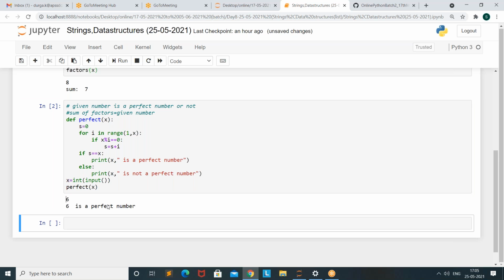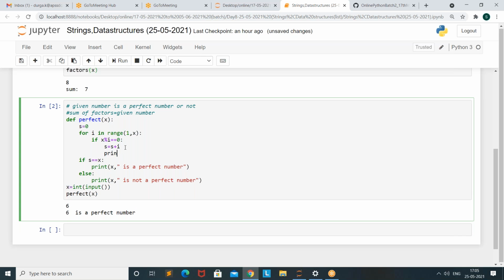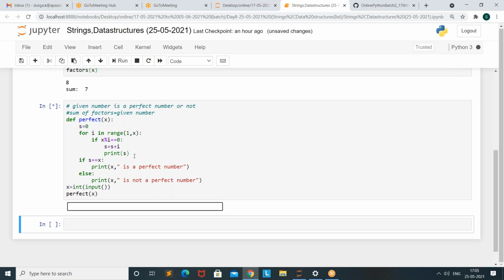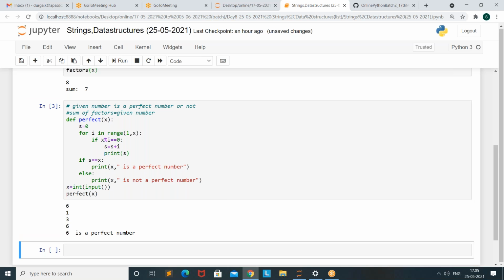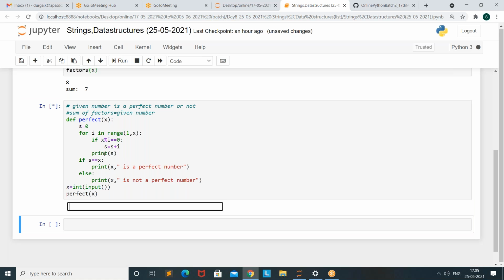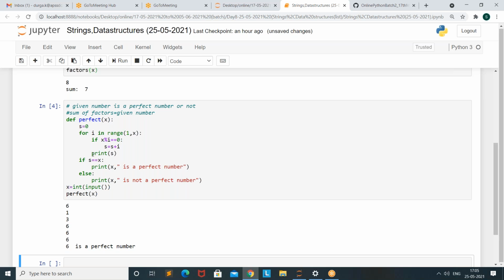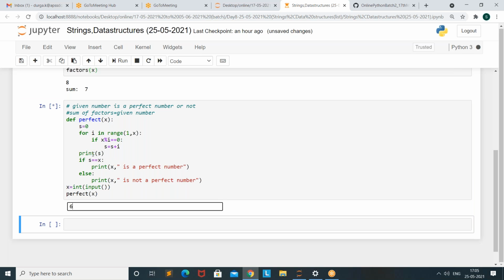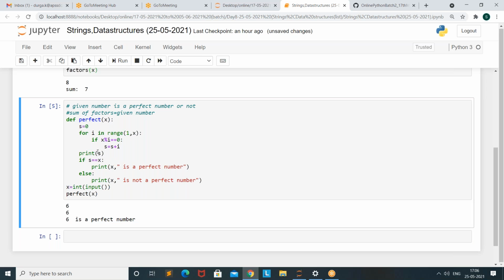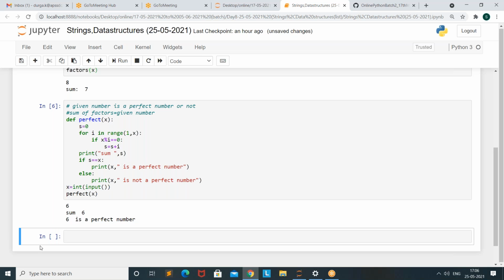So 6 is a perfect number. If you have any doubt, just print the sum. So the sum is also 6. That's why it is a perfect number.